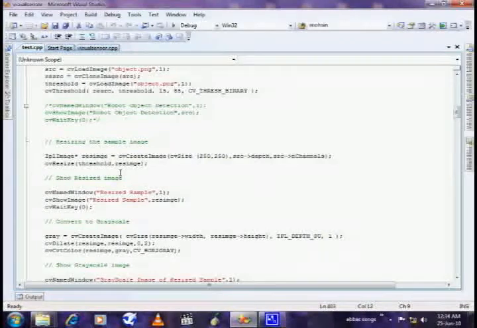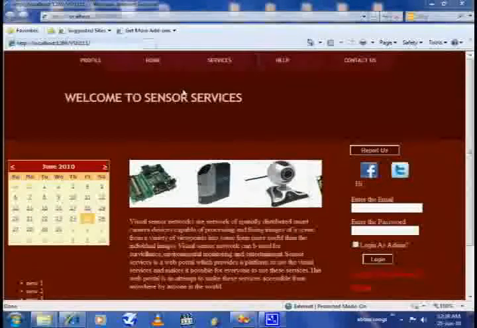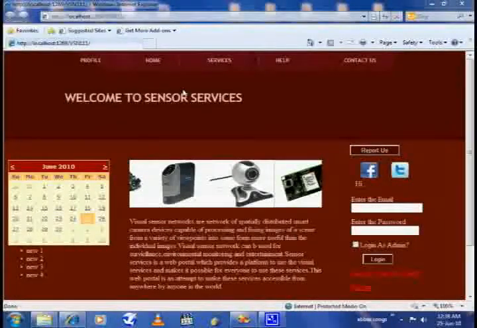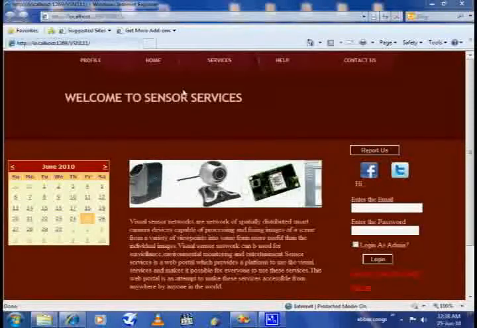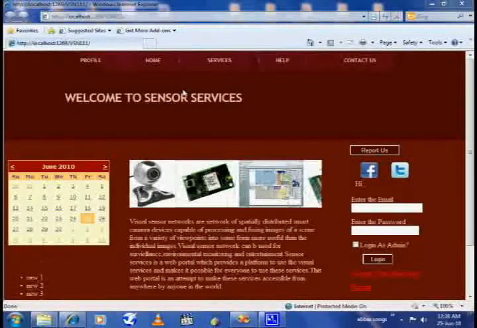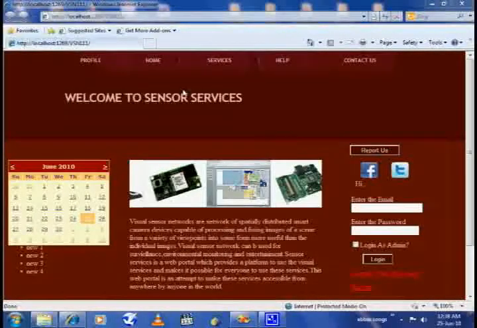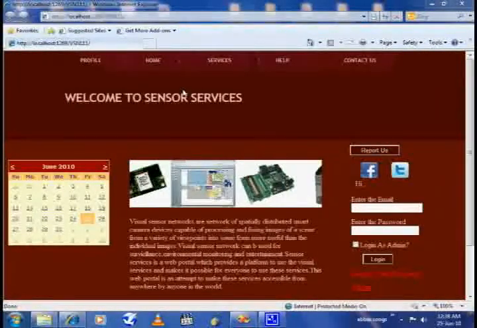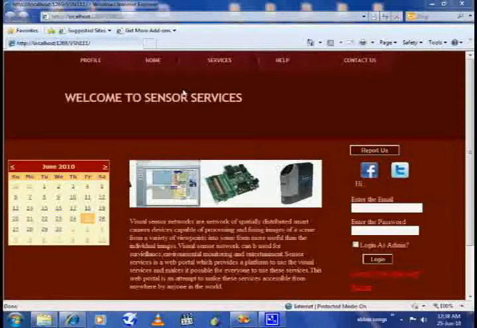So we implemented the backend code of the server for the convenience of the user. The user can get the maximum benefit of our system. So we implemented a visual sensor network, a pure system that can work on images.